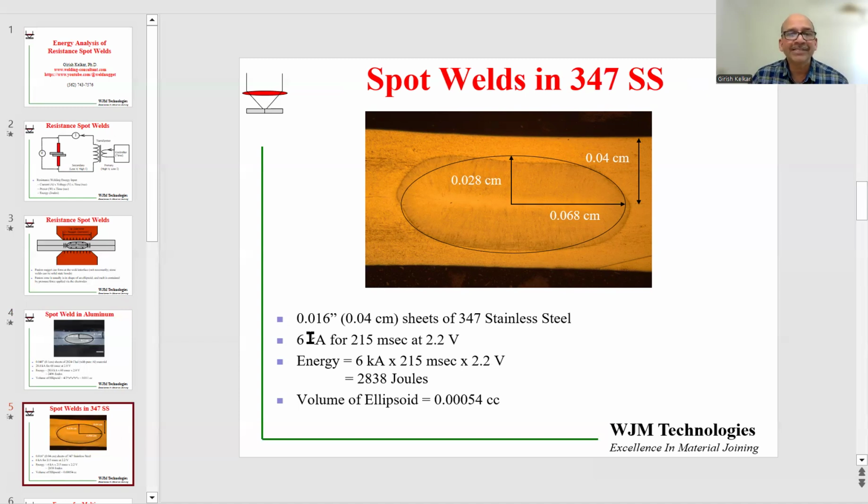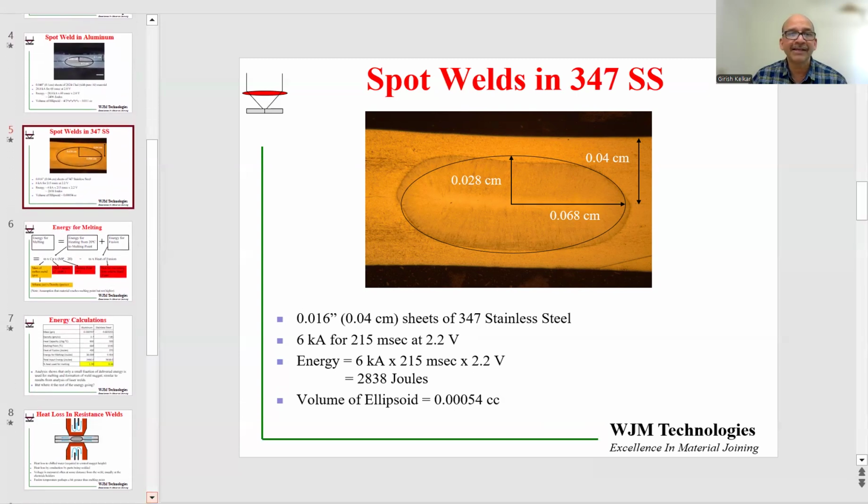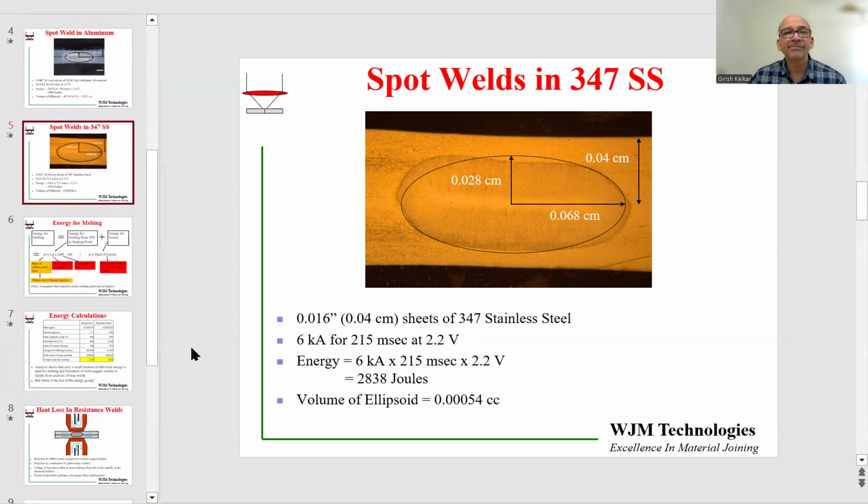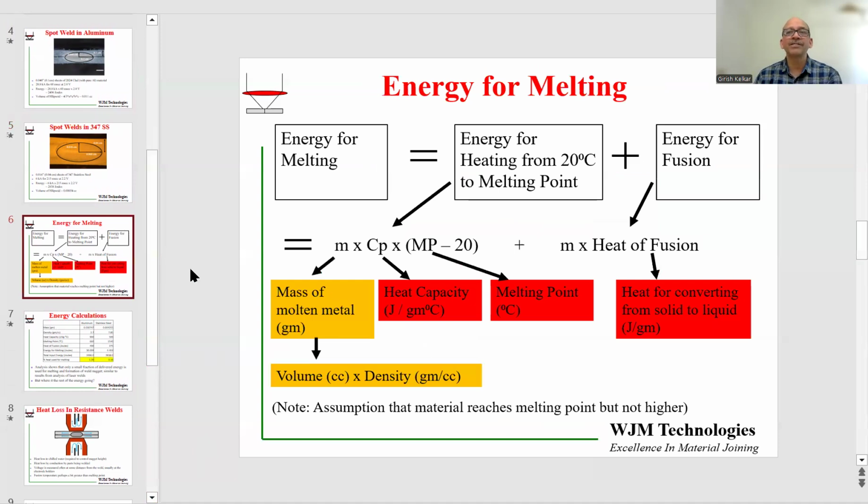And we needed 6 kiloamps of current for 200 milliseconds of time, 215 milliseconds, and 2.2 volts. And the energy calculated is 2838 joules, and the corresponding volume of ellipse was calculated as well. Now that we know the volume of these nuggets, we can use known numbers for different material properties for these